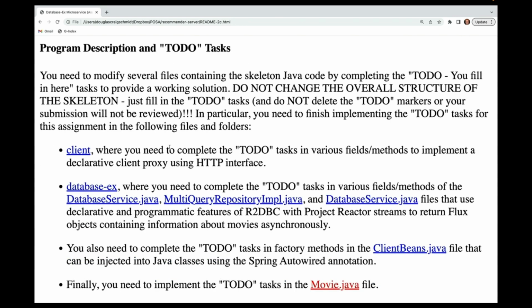You need to modify several files containing the skeleton Java code by completing the to-do tasks marked "fill in here" to provide a working solution. Do not change the overall structure of the skeleton. Just fill in the to-do tasks and do not delete the to-do markers, or your submission will not be reviewed. In particular, you need to finish implementing the to-do tasks for this assignment in the following files and folders. Client, where you need to complete the to-do tasks in various fields and methods to implement a declarative client proxy using HTTP interface. Database EX, where you need to complete the to-do tasks in various fields and methods of the